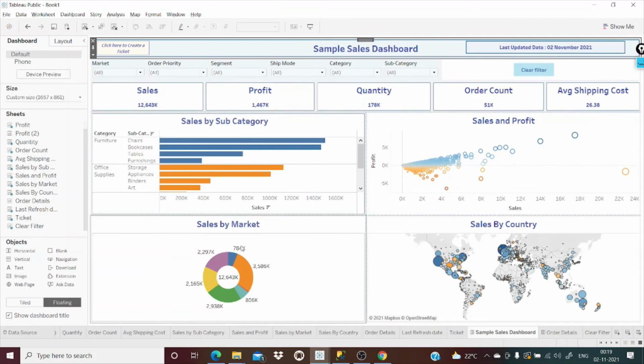We have used one only for creating this chart, and that is also a constant calculated field. In this case it is for the date purpose, because we do not have any last updated date, so we have used this calculated field.